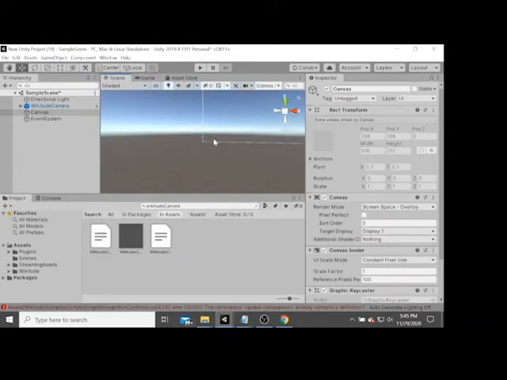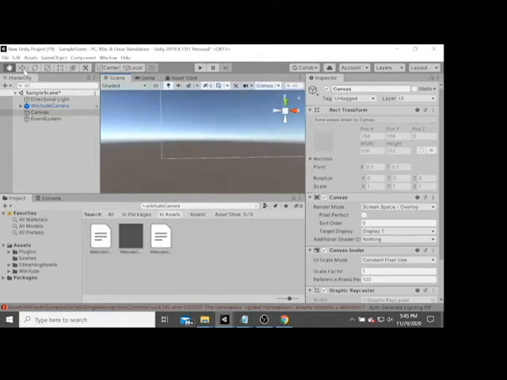Maybe zoom out, because I want to see the whole canvas here. Zoom out again. You can use this hand tool in order to move the camera.